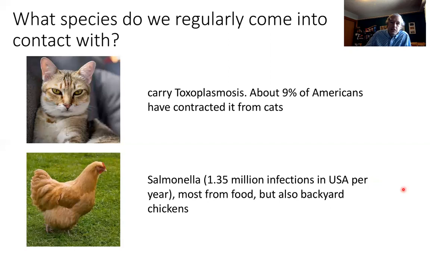But in recent years, not only have we had it from uncooked food, but there's been a big increase in salmonella infections from backyard chickens. Chickens carry salmonella, and it's become a lot more popular to have chickens in your backyard so you get fresh eggs all the time. There's now an increased incidence of salmonella outbreaks from people having chickens in their backyard, because